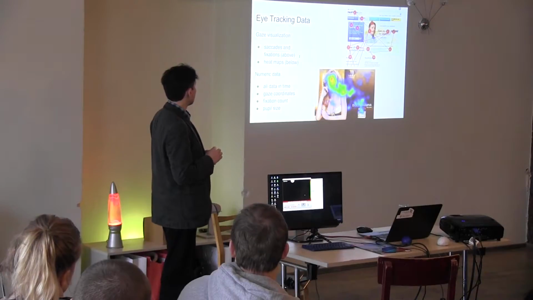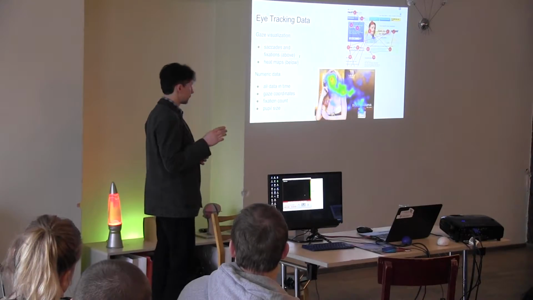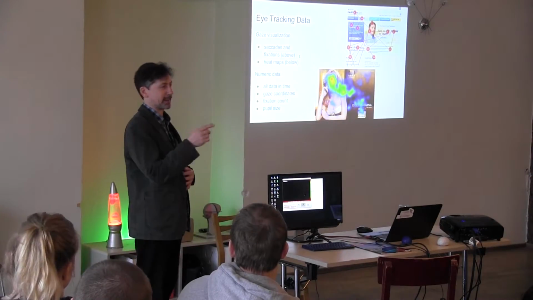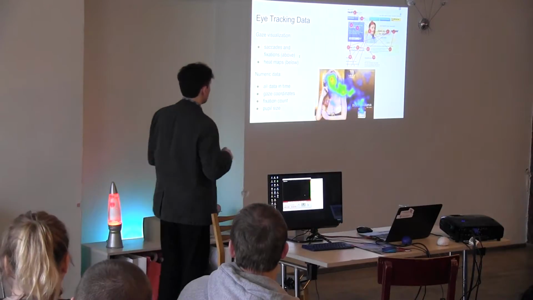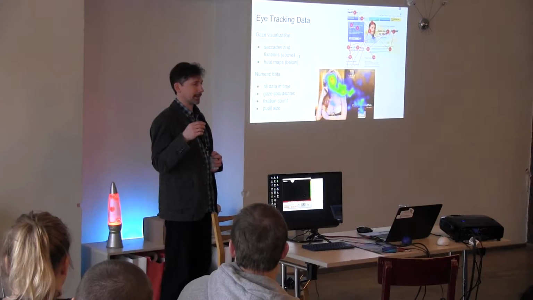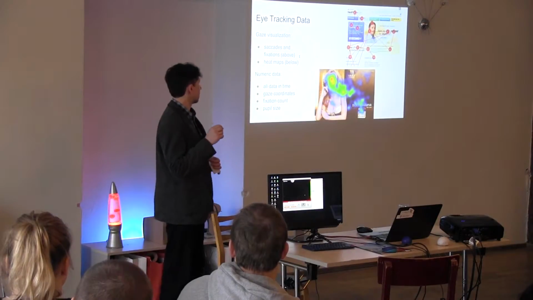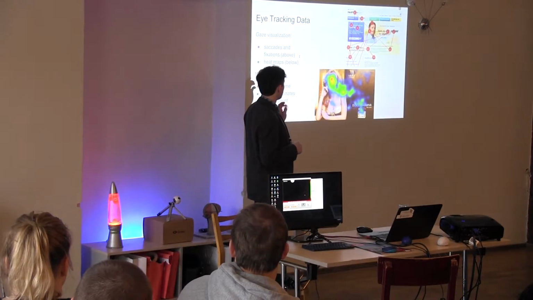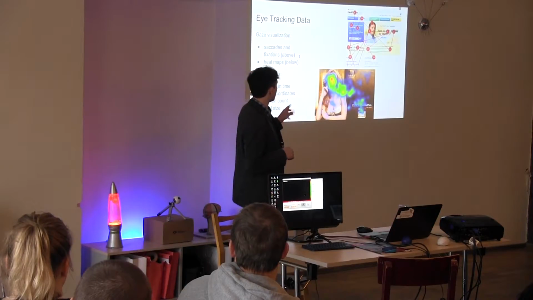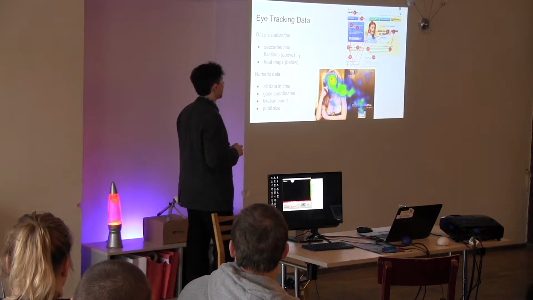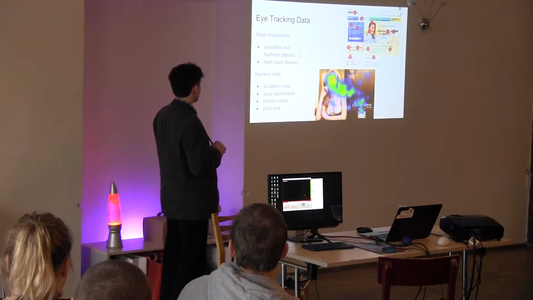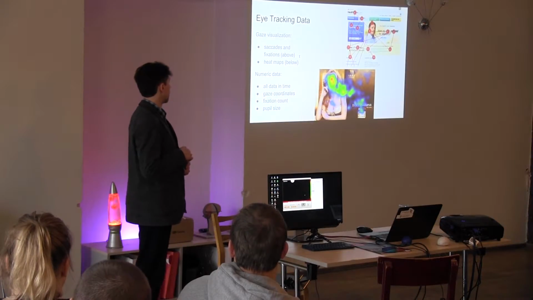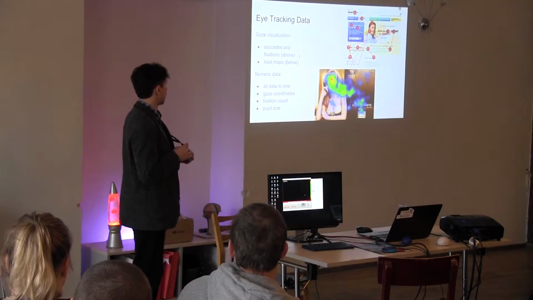So in case of eye tracking, as the most important measure, we will take the gaze coordinates in the time. From gaze coordinates in the time, we can already detect the fixations, build up the saccades, and also, together with the fixation time, build up the heat map. What else can we do? We can count the fixations. And it is based also on gaze coordinates.